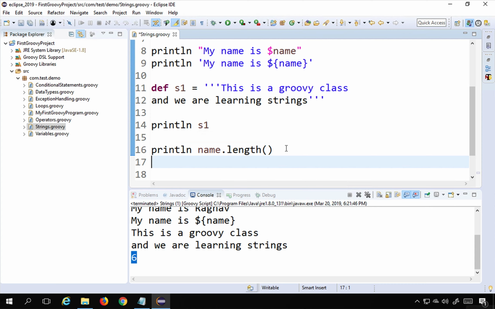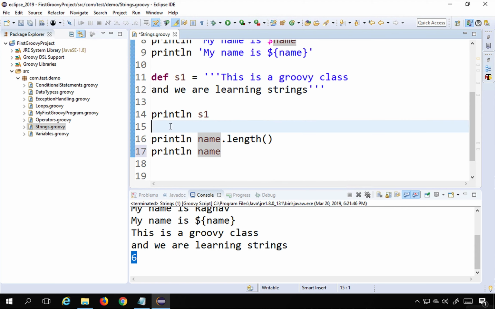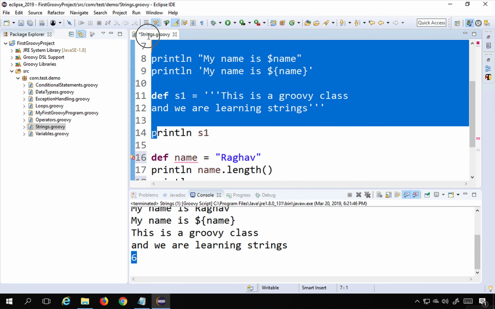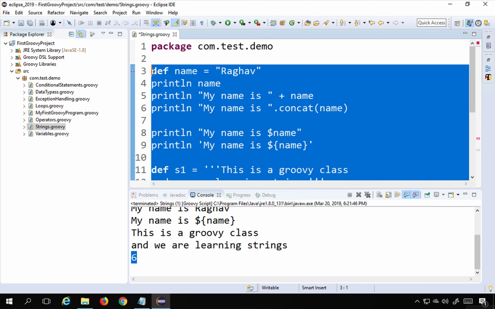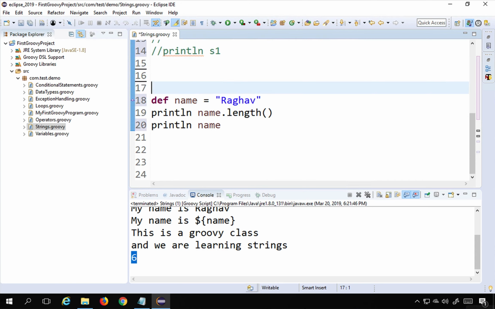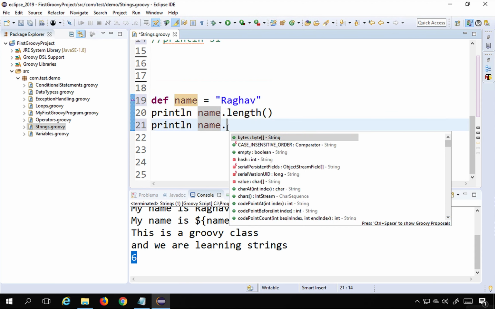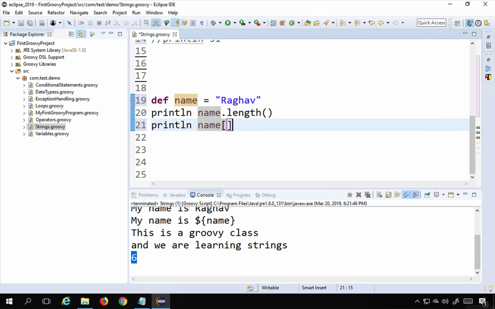I can also say println name, and if I want to get some particular character at some particular index position, for example, let me take this from here and put this here so that it is easy to refer, and I will just comment this earlier section. Fine. So we have name equals Raghav, and if I say name, I will just use square brackets,